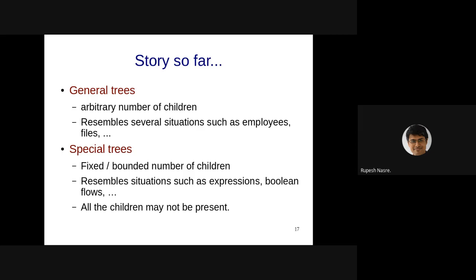For example, expressions where we have binary operators, Boolean flows, etc. And all the children may not be present. I'm not talking about the class, I'm talking about how all the children of a node in a tree might not be present. So those are in some sense special trees where there is a bound on the number of children, not n, and that is not in terms of n, that is a different constant. Those trees we are going to look at in the following classes.